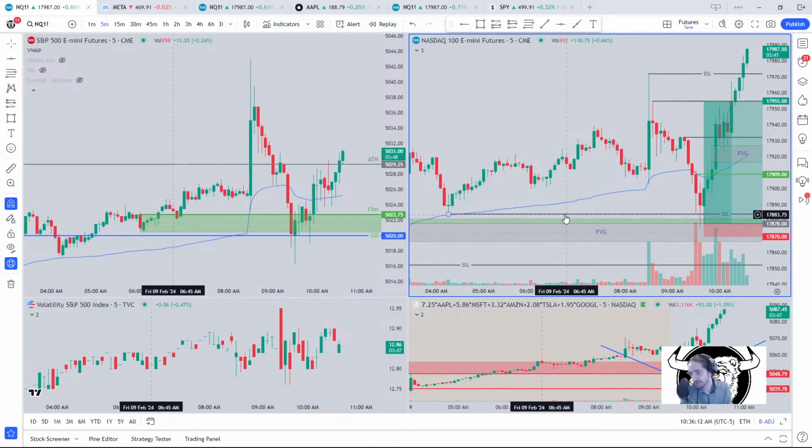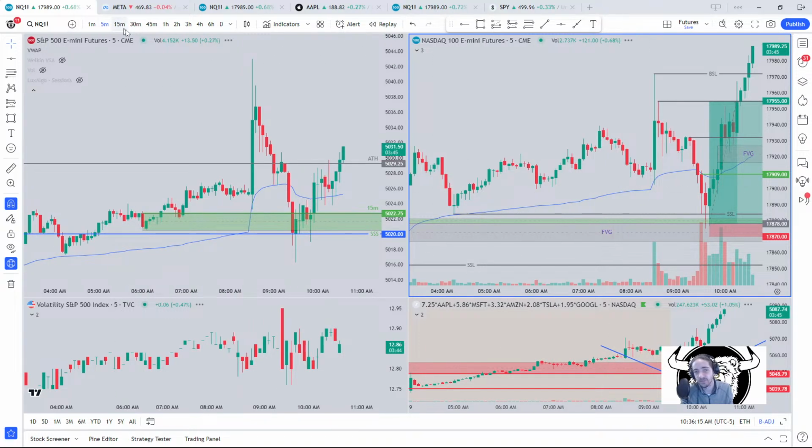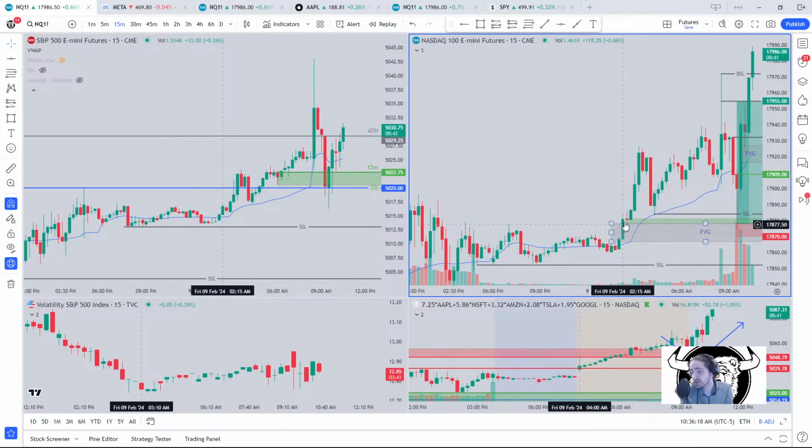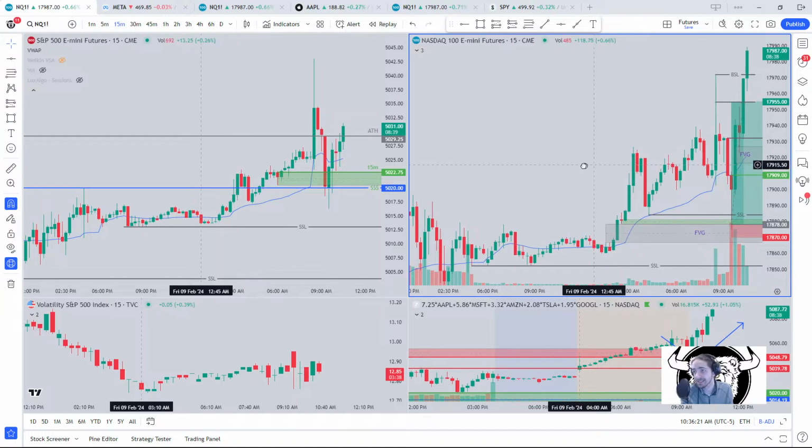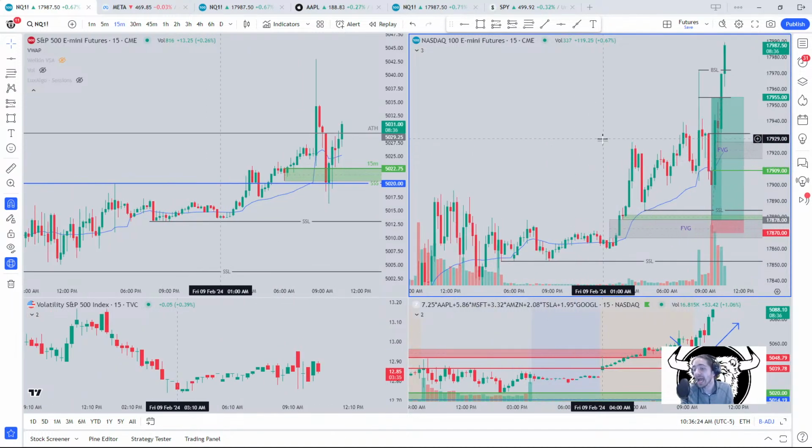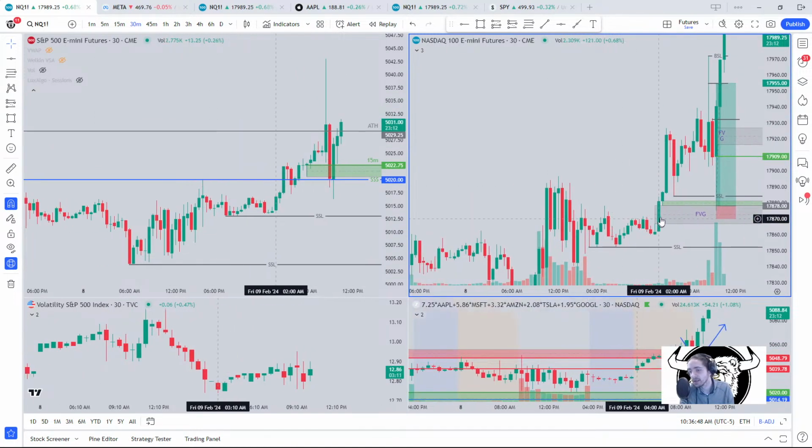So the sell side liquidity is number one. On the 15-minute time frame, we created a small demand zone. Now this demand zone was too small for me to consider it a demand zone. However, I did know that because this was the last red candle before we had a push higher, we had leg 1, pullback, leg 2, there are going to be sell orders in this area. There will be liquidity in this area. So that's confirmation 2. Confirmation 3 is where I entered the fair value gap. This fair value gap was on the 30-minute time frame, so I knew that there's a lot of buy orders in here. We have to come retest it, claim those orders, and we might get a push higher from there.